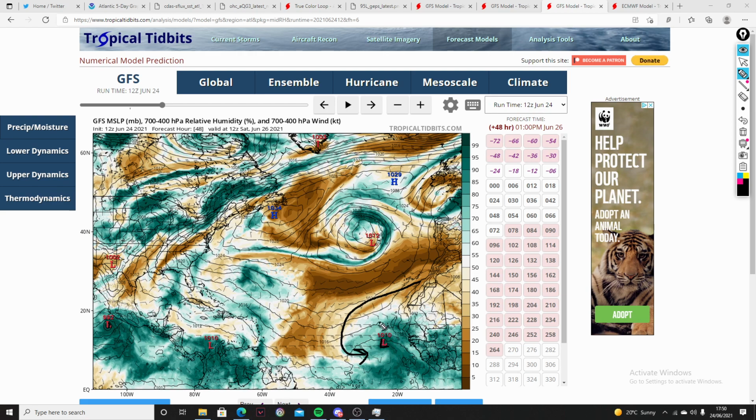And this is going to be a big player, as if we can get some outflow, some polar outflow, we can just start to push this dry air a bit away from this system. And this is what sometimes hurricanes do when dry air is around. This outflow helps push away dry air, and if this system does manage to get some going before it encounters this dry air to the north, it could lead to a bit more self-sustained system, and maybe just maybe, I'm not saying it's going to happen as we're so far out still, maybe bring some impacts to the Lesser Antilles